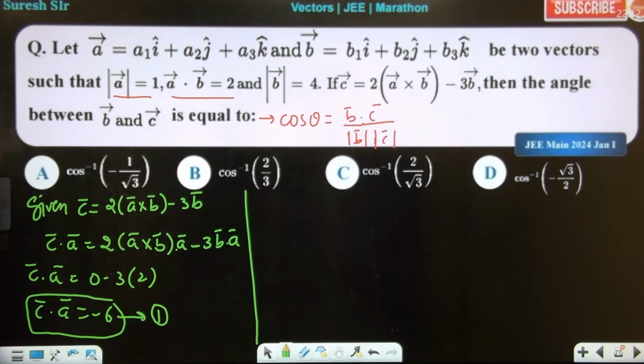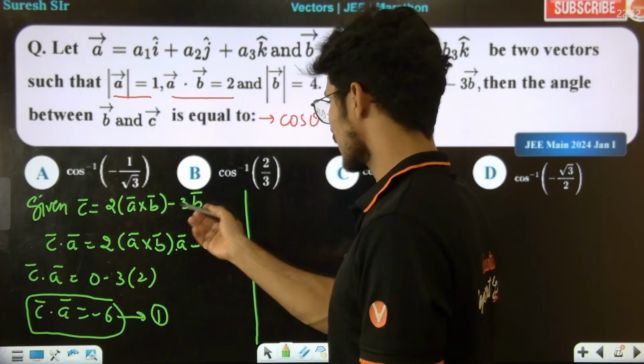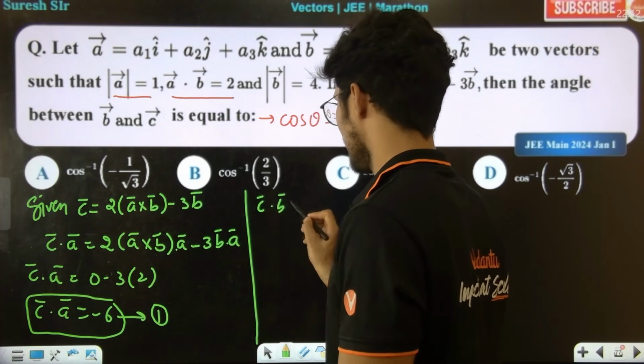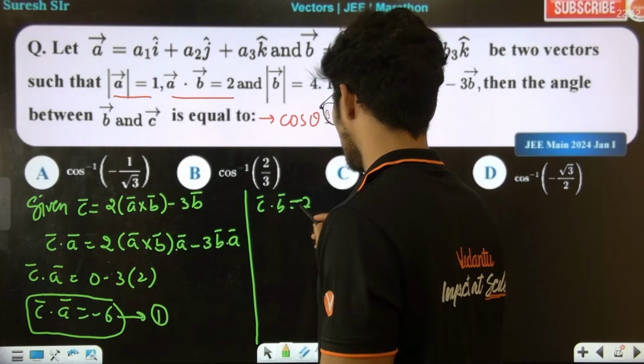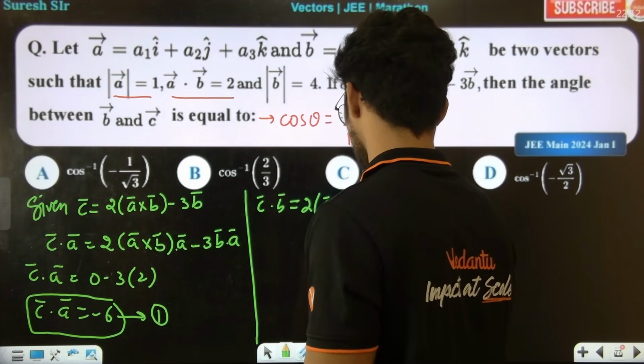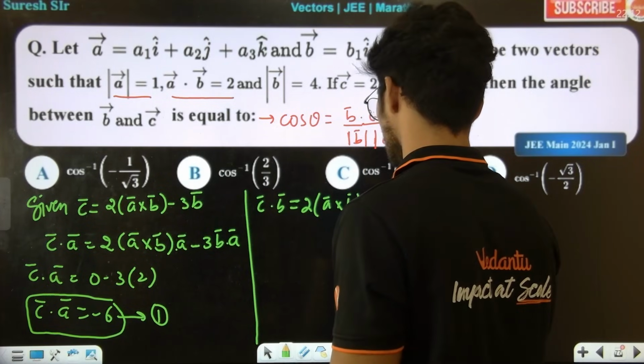So now taking dot product with B on both sides. From this dot product with B on both sides, what am I going to get, sir? So C dot B is equal to 2 times of A cross B dot B minus